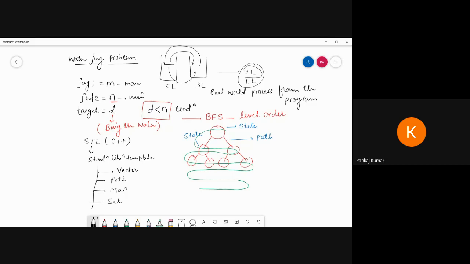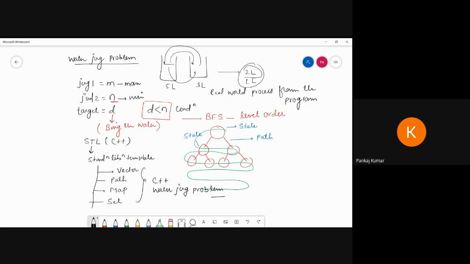These are all standard library functions included in C++. So these functions we are going to use in the water jug problem.